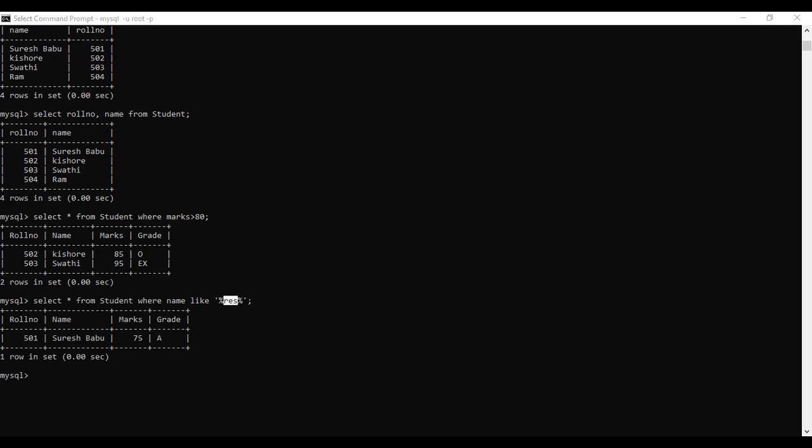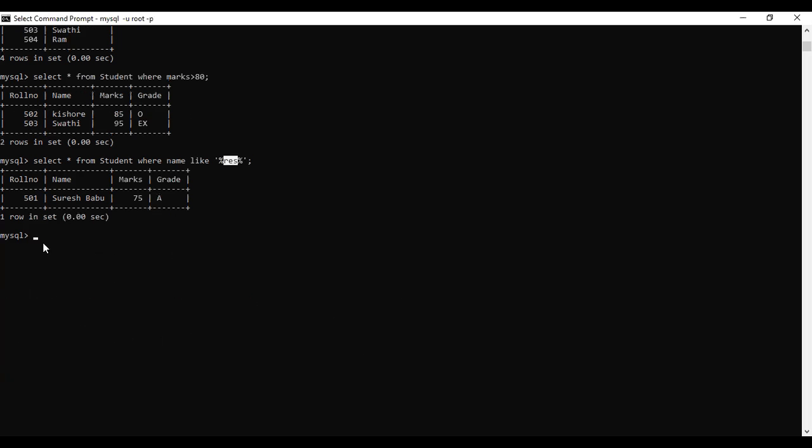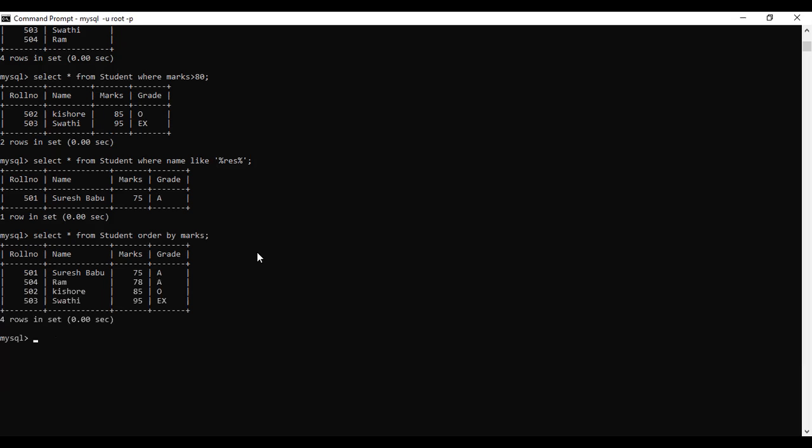Next, we can also arrange the given table's list of elements into ascending order by executing a query using the select statement. Select star from student table order by which field, marks field. Then it gives that.